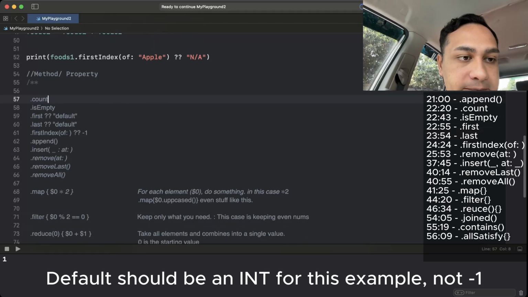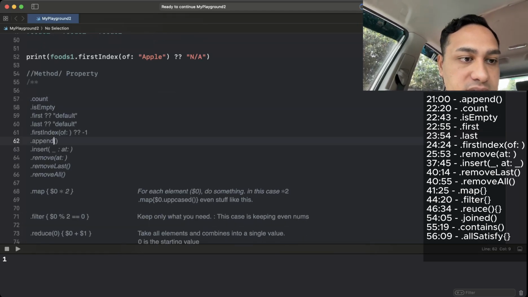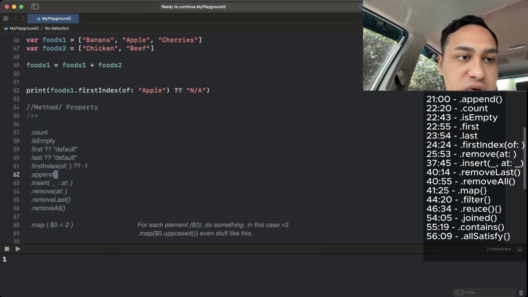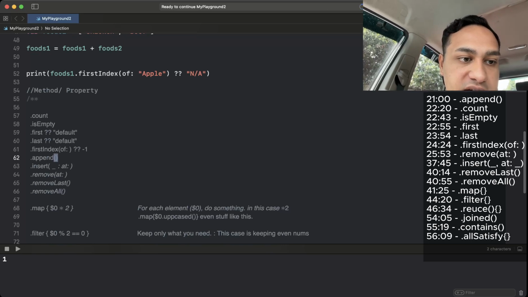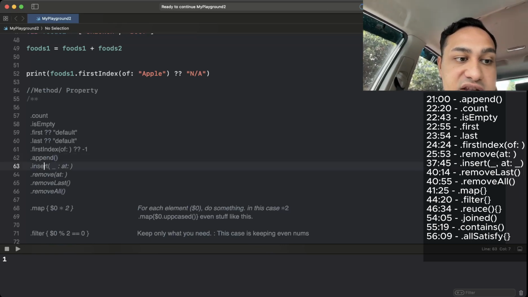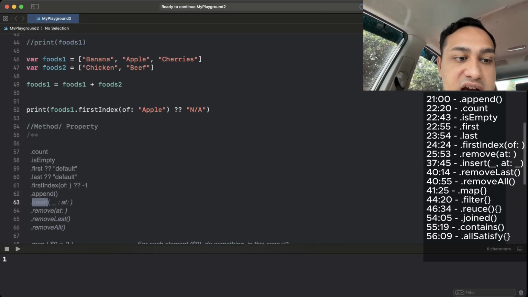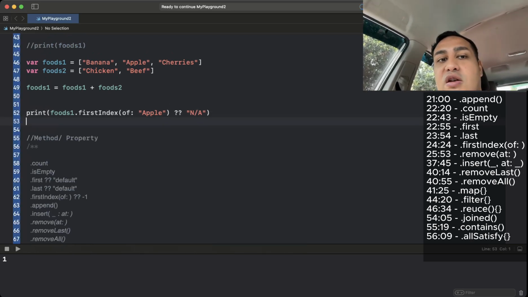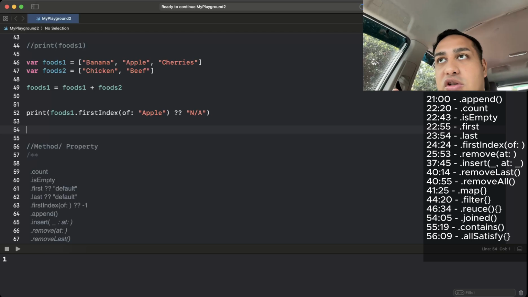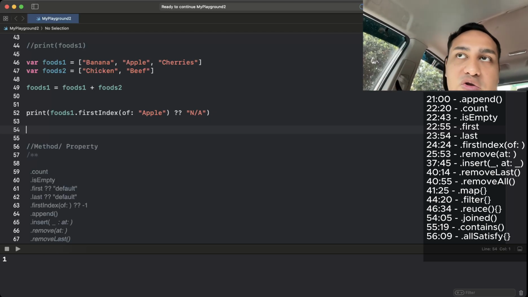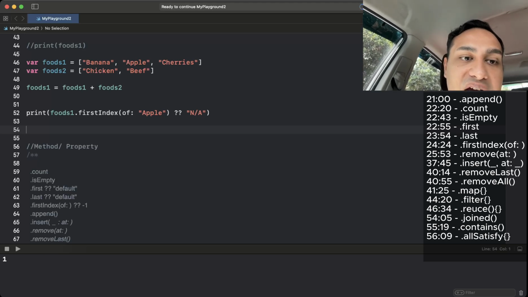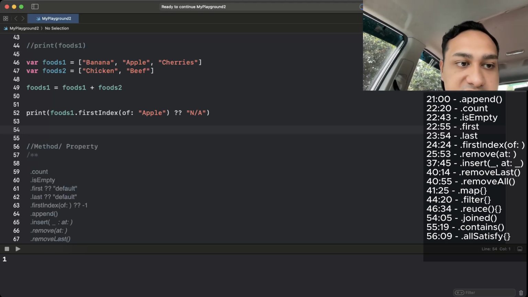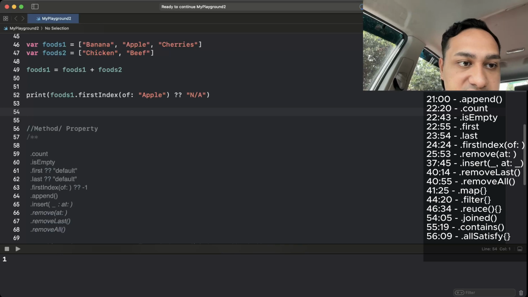Yeah. And we can actually append something. I showed you append earlier up above, that's adding something. We can insert something. Actually, I want to show you something before that. We can remove, because maybe we had that similar question: how do we remove something? We were trying to do minus equals, can't do that. Looking for Apple, but now we know the index of Apple. So what we can do is